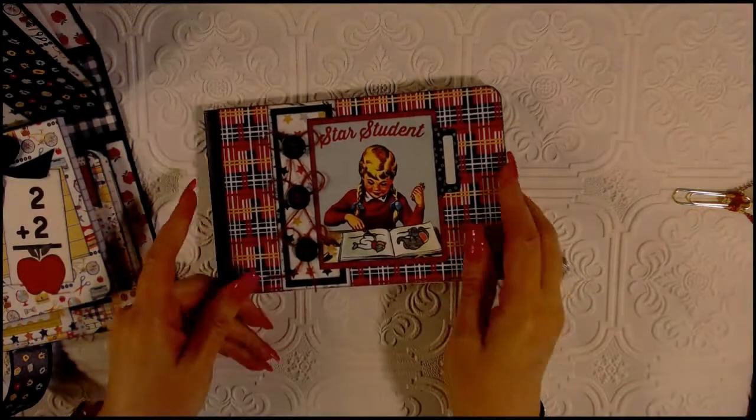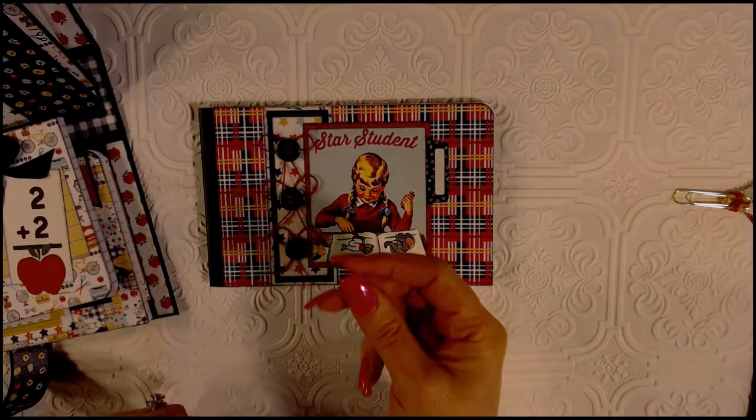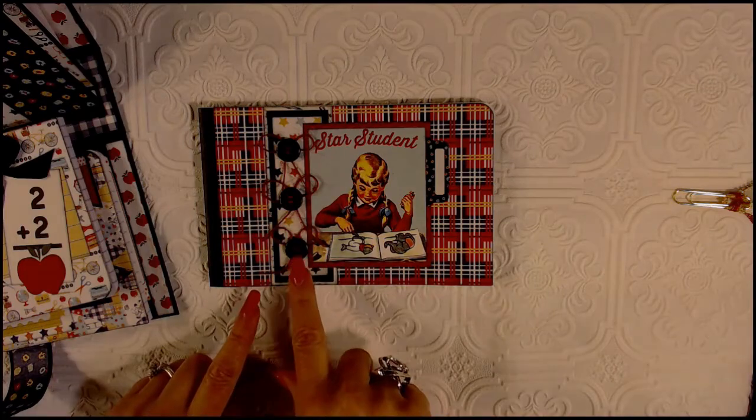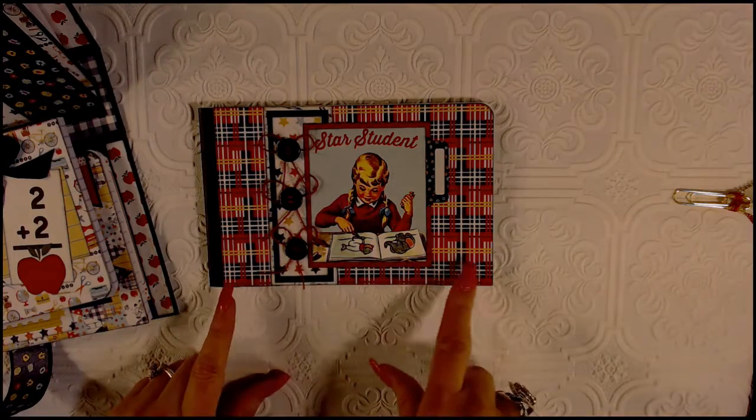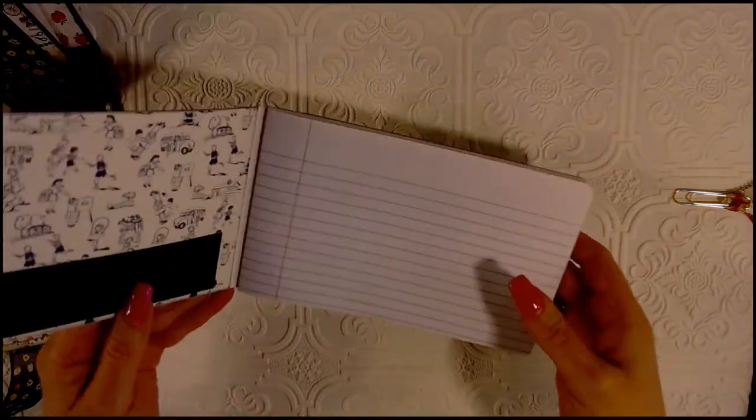There's this one. It says Star Student. Three buttons with the ribbon, the twine type stuff that I was sent. Kind of made a little bow behind each one. And there's a sticker on the side here. And then on the inside I have a pocket. I did the backs on all of them and the back cover. And the fourth one,